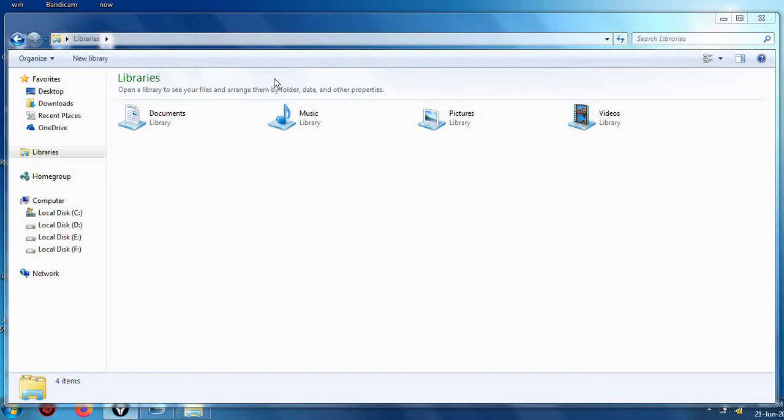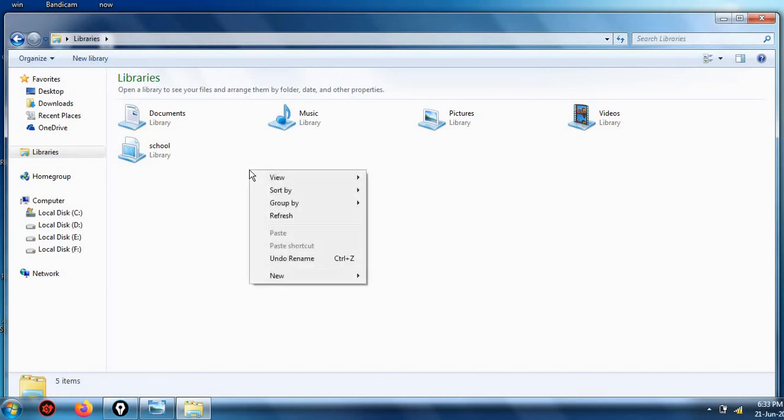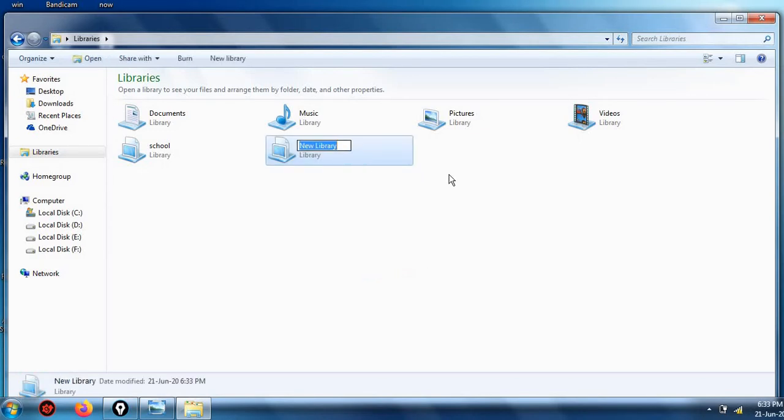अब मैं इसमें क्लिक करता हूँ. देखिए, see, new library has been created. I will give this name as school, right? School. Okay. अब this is the one way to create a new library. Again I can click and again I can make one more library. One another method to create a library is right click on this panel, wherever, right click in the blank space wherever you want to create and click on new option, right? Here new option is there and click on library. Again one library has been created. Here suppose we will write college.